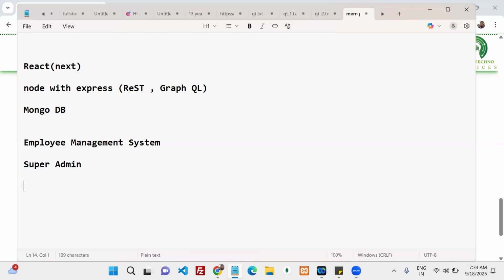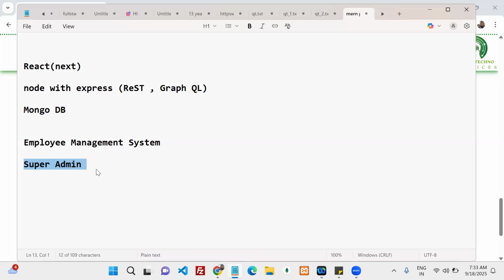Whenever we give this product to one organization, that organization is going to register their employees or not? Yes or no? So the organization is registered by whom? A super admin.